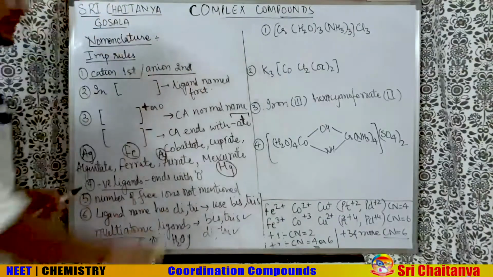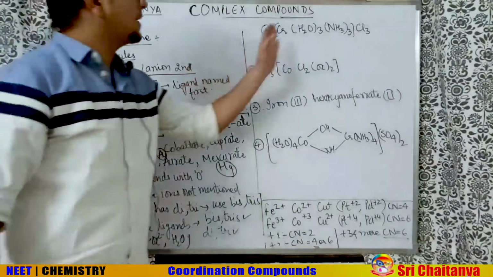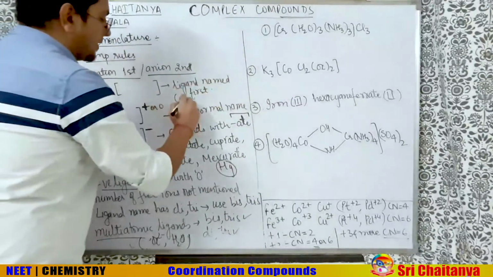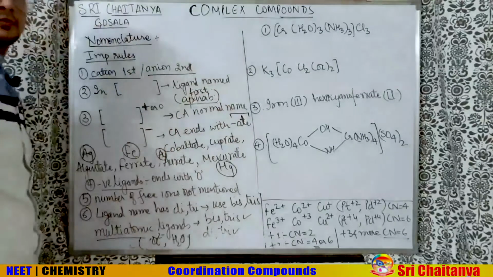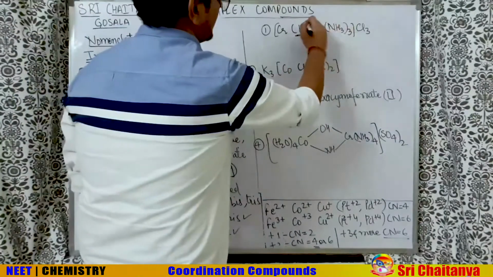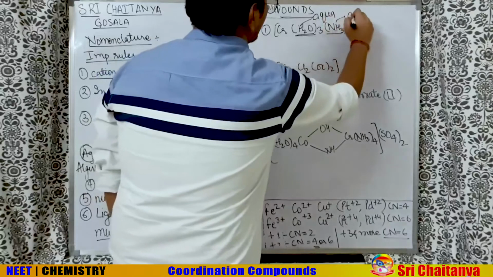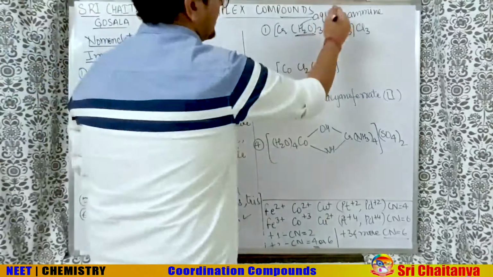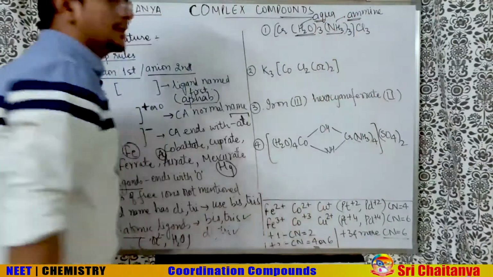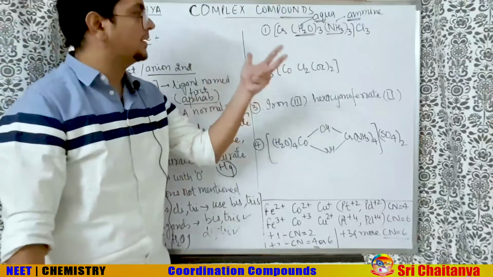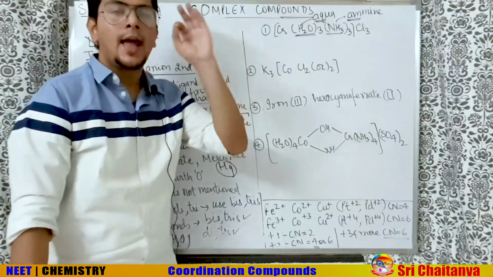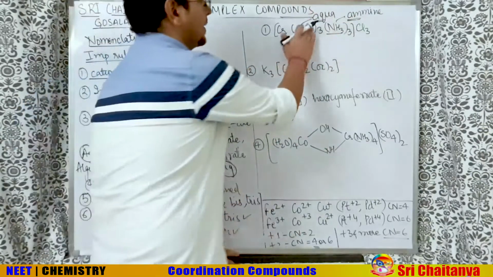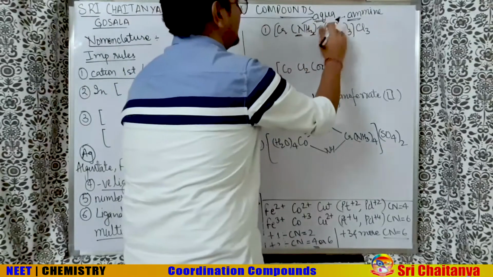Now let us start the nomenclature of some of them. So Cr(H2O)3(NH3)3Cl3. Very important thing, ligands are named first and they are named alphabetically. So let us see. This is water, its name is aqua, and this is NH3, its name is amine. So one thing is very clear to us, AQ and AM. What will come first? A, B, C, D, E, F, G, H, I, J, K, L, M, N, O, P, Q. So firstly AM will come, then AQ will come. So NH3 will be written first and named first.